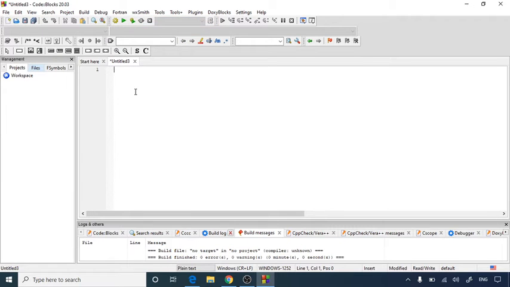Now first I am going to write our header file, that is #include <stdio.h>, and then let's open the int main function. Inside int main I am going to declare one variable, int abc = 3; We need this variable for the iteration loop.